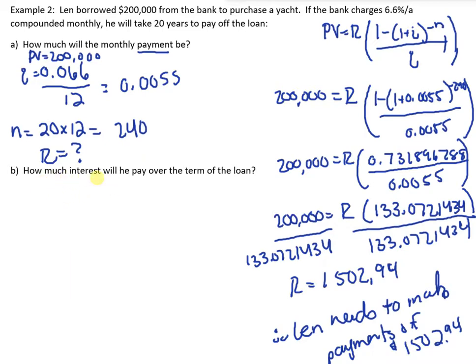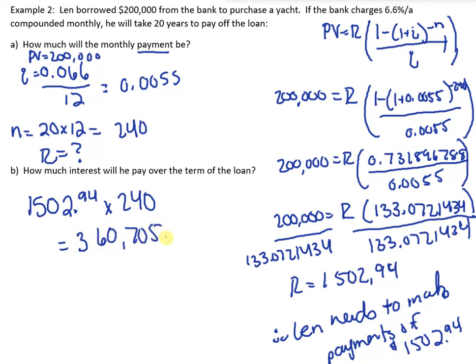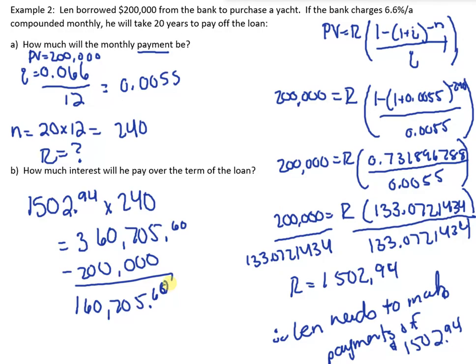And how much interest will he pay over the term of the loan? Here's the thing. We have an interest rate, but we also have the payment of $1,502.94. If we multiply that by the 240 payments, what we get is $360,705.60. And all we have to do to solve for how much he paid in interest is subtract the 200,000. So he paid a lot of